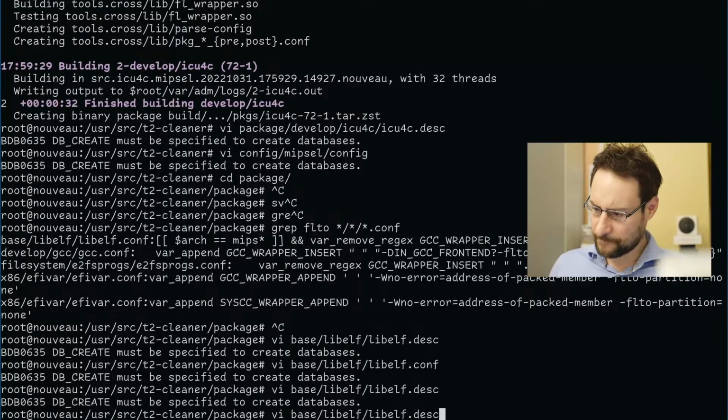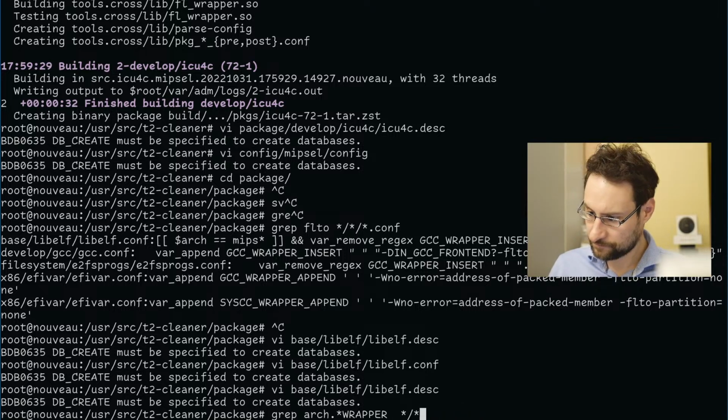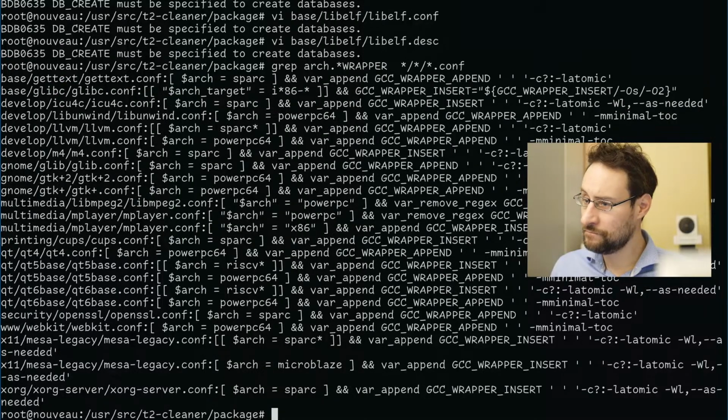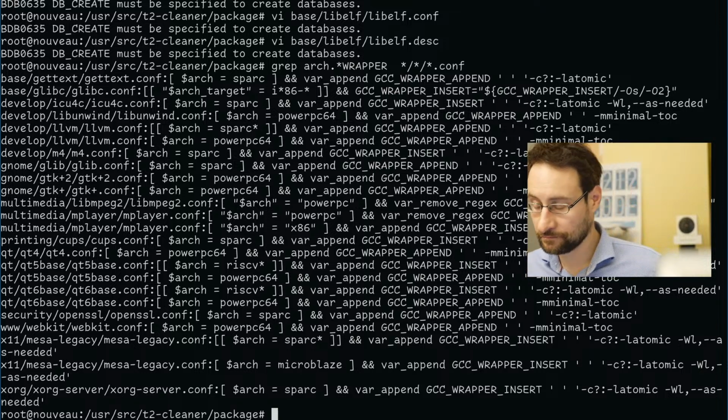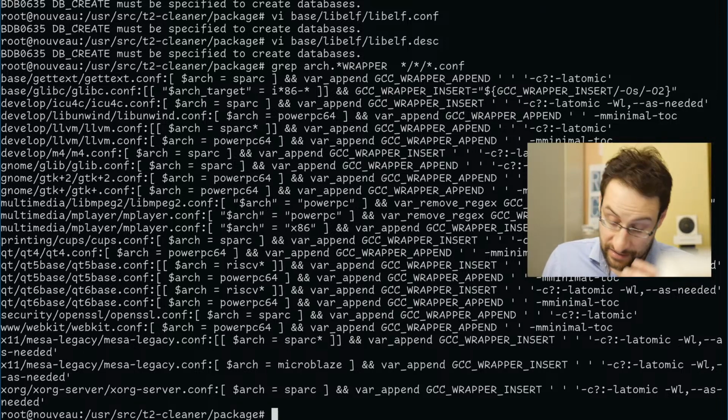And we could actually grep for arch in all of. Oh, there are quite some shit. I also wonder, I think this PowerPC minimal testing might also not be the most necessary. Anyway,